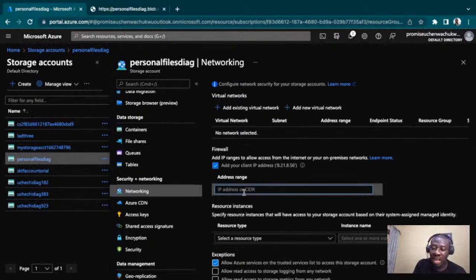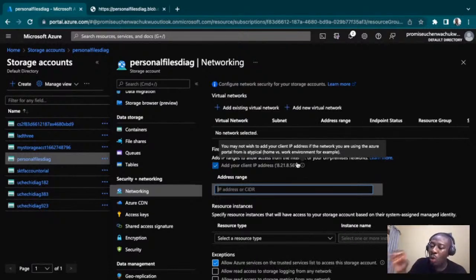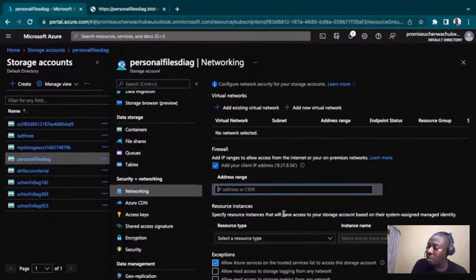You know, the popular saying in the Linux world, when you are given access to the root password: to whom much is given, much is expected. So once you are managing your company's Azure Storage account, you need to be careful that you understand what you're doing so as not to lock yourself out from that service. I hope that is clear. So I'll be going back to our training now.